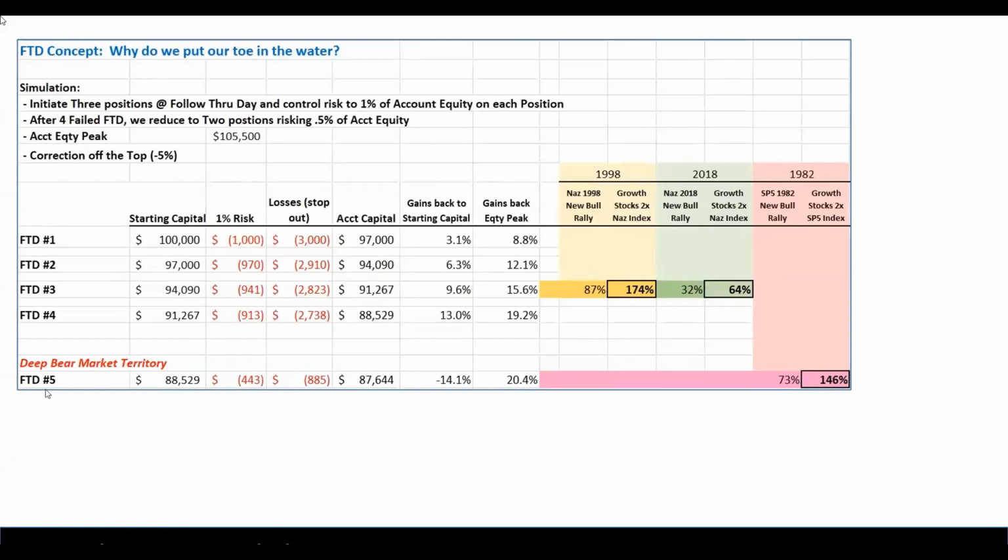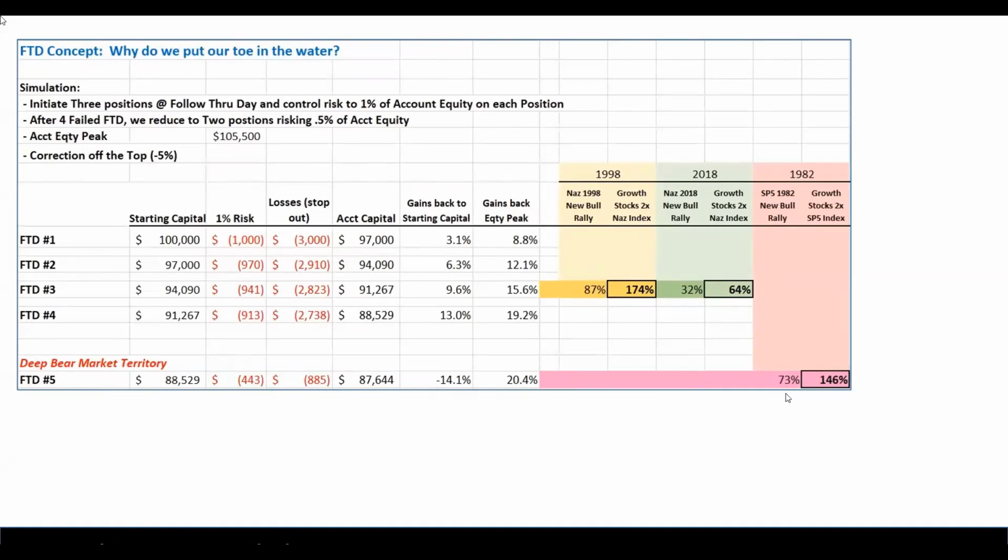So at this point in our simulation, our account capital is down to 88,529. And we now have decided that we're only going to take 2 positions and risk 0.5% of our equity. So we'll assume we get stopped out again on follow through day number 5. Okay. Now, if follow through day number 5 was to work, as it did in 1982,